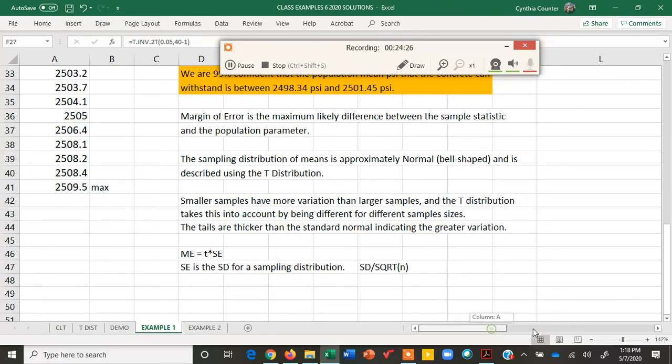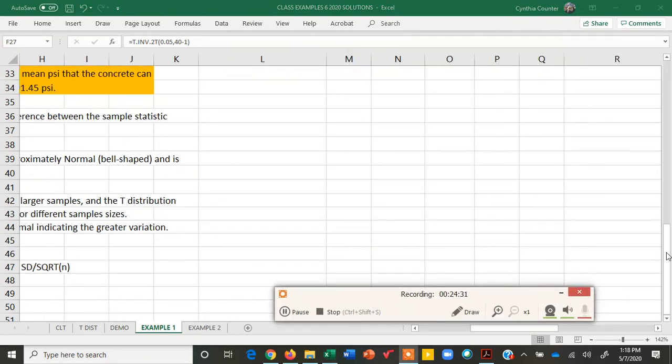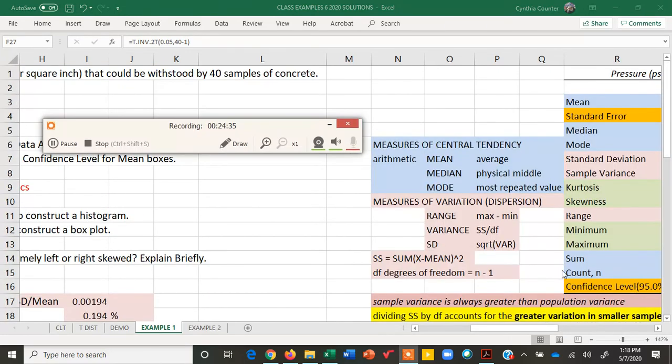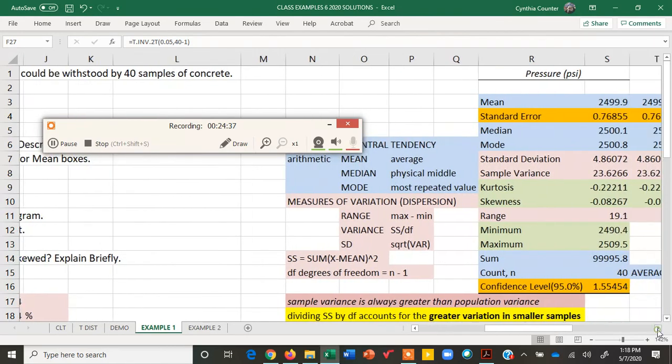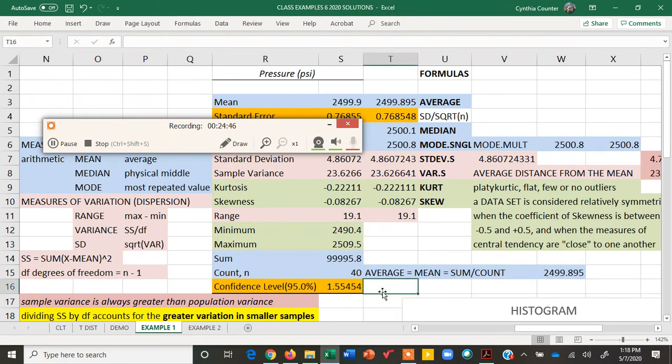So let's actually come over here to our statistics output, our summary statistics output. All right, so here's the margin of error. I will write that here. Let me move this out of the way. So our margin of error is right here. It is equal to a t-score times the standard error. We just found our t-score,